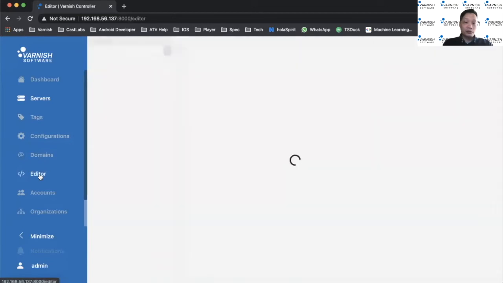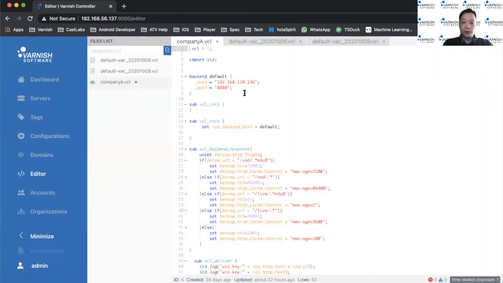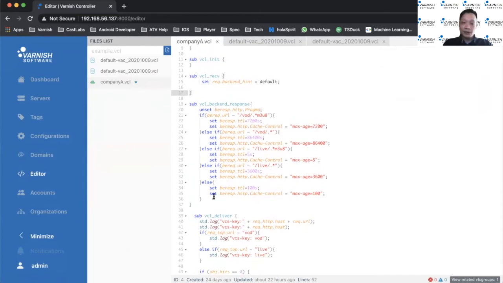And from the configurations, I configured the backend as 120.136, which I set up before for the origin, port 8080. And then you can see here some specific configuration for different types of content. So let's say the VOD playlist, I want to keep it for 72,000 seconds and set the cache header to the same value as well.